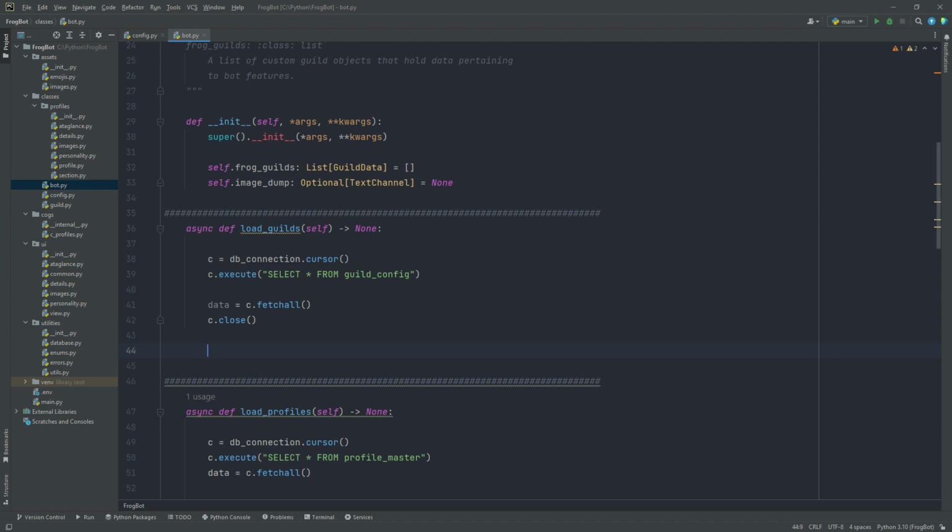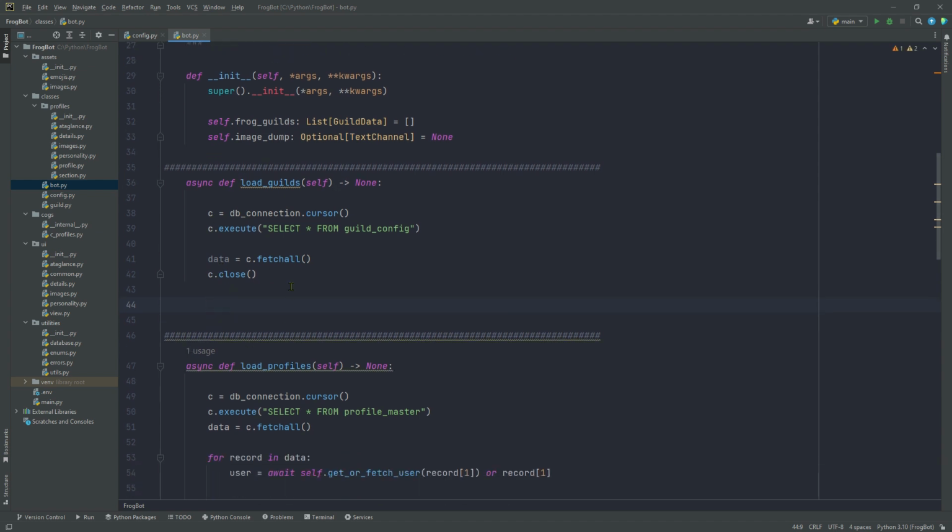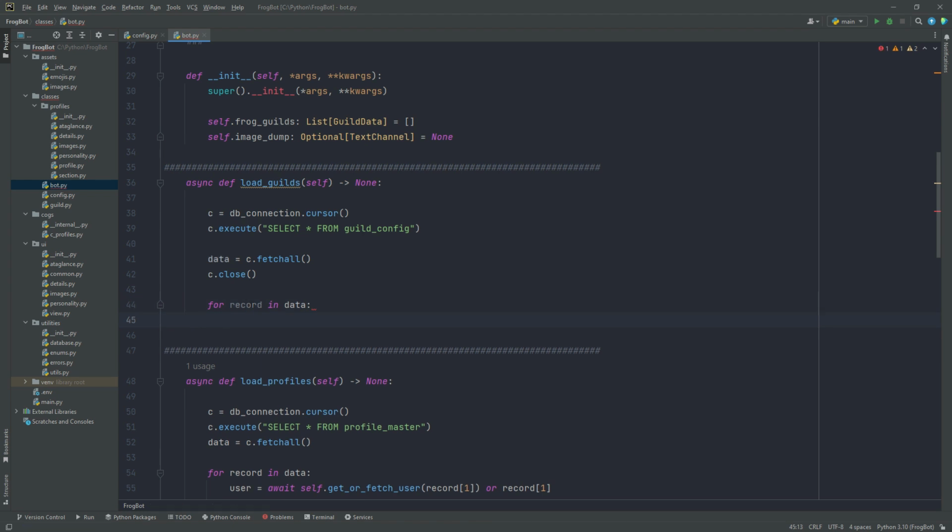So now let's iterate through this data and create guild configurations for it. Okay, and actually, load our profile channels into the guild configurations. So for record in data, let's say the post channel IDs for the record equals int c for c in convert database list, the function that we made a long time ago when we were working on our early profile classes. And then we're going to drop in a record sub 1,